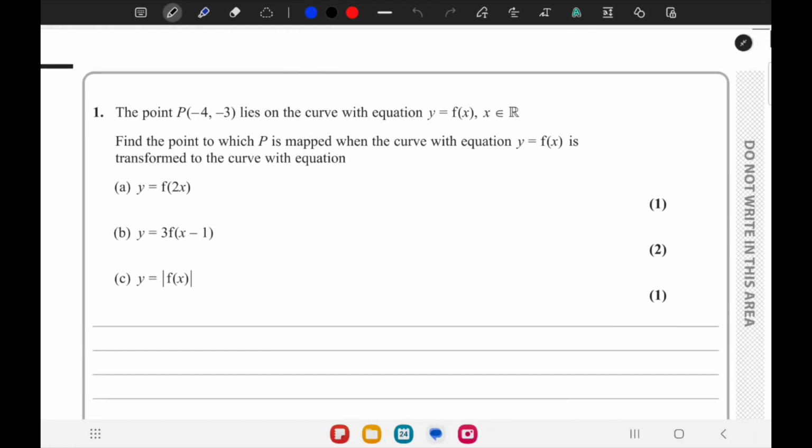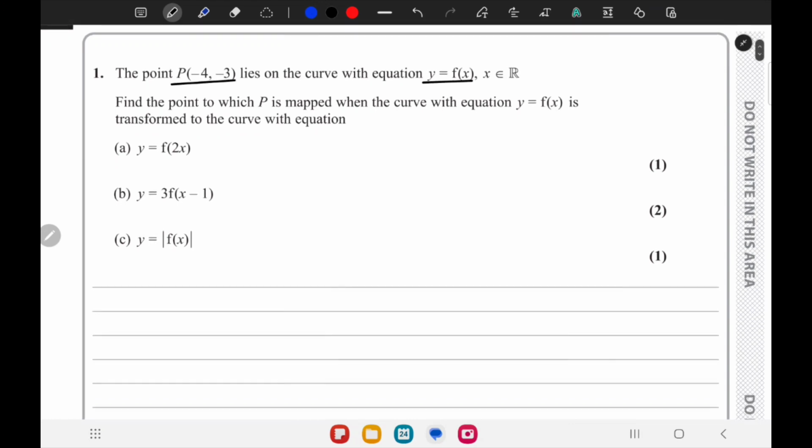On to question 1. We are given a point that lies on y equals f of x. Now we have to deal with the change in this point due to the transformation applied. In part A, we have y equals f of 2x. If f of x has the point P (-4, -3),